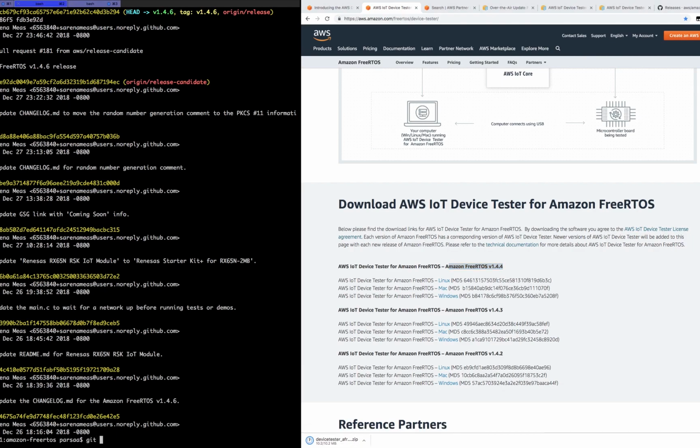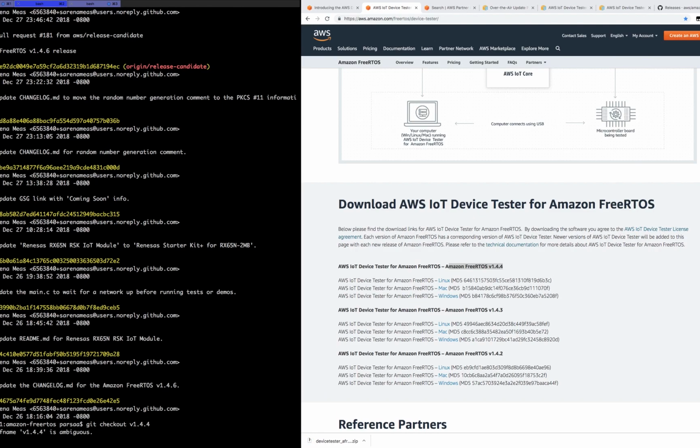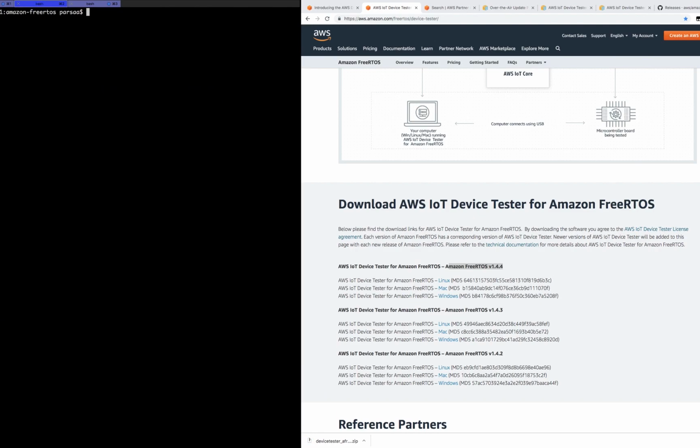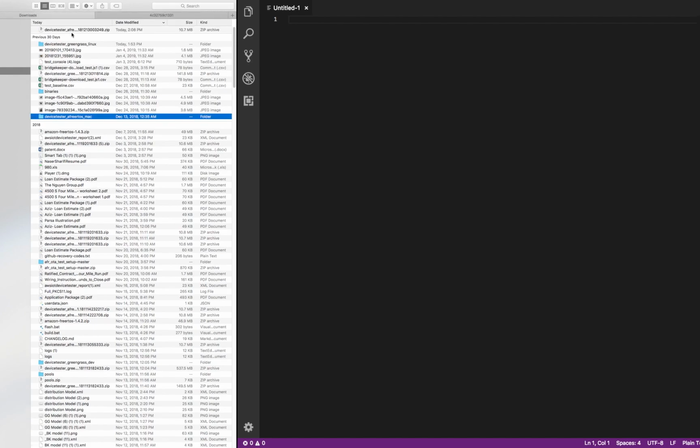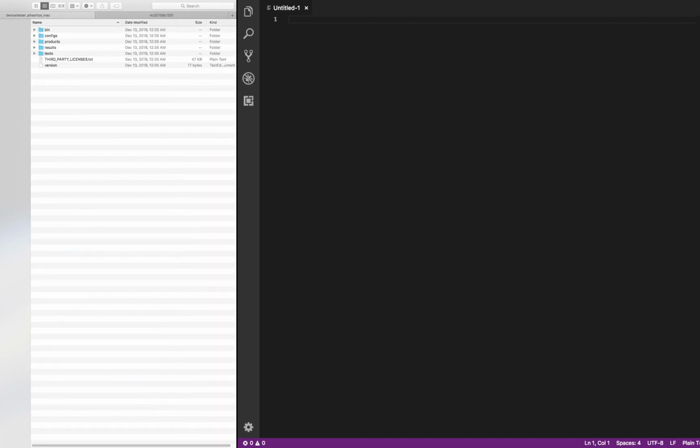If there is any difference, I will make sure to mention that. At the same time, I'm going to check out version 1.4.4, and here I am all set. So the first thing that I want to see is opening this folder in my downloads. This is what I just downloaded, and this is the version that I just downloaded. The very first thing that you want to do is